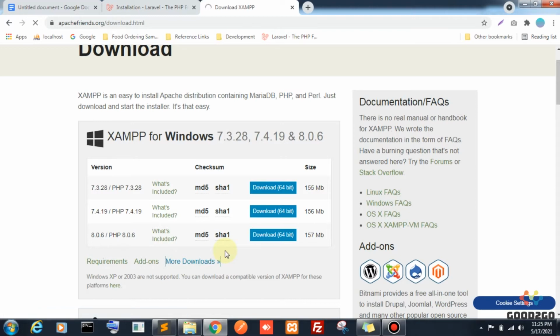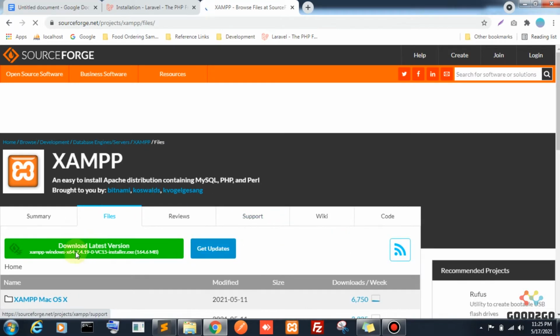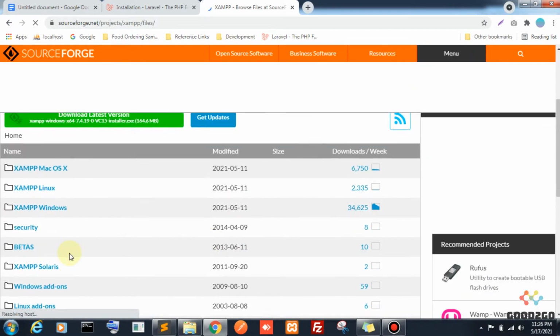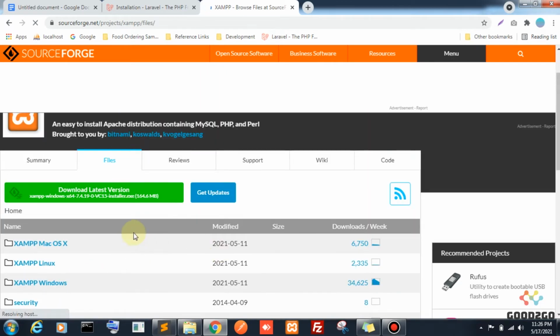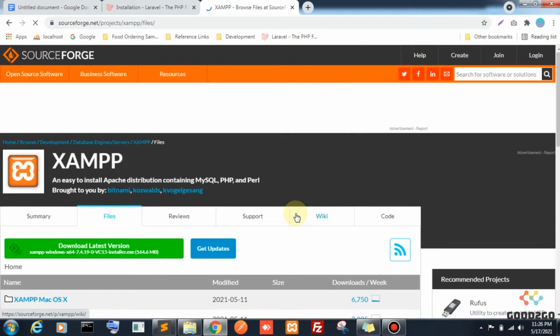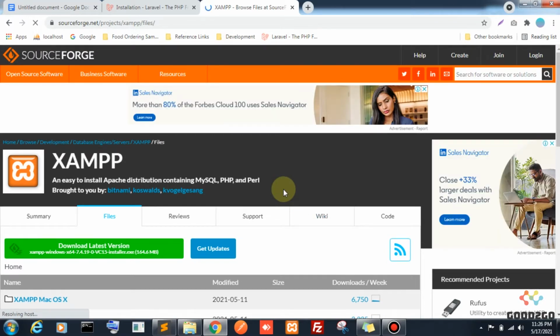If you are using Linux, you can download the Linux XAMPP. Here you can download the latest version, or else you can pick the required version of XAMPP from this section. So this is all about the XAMPP download. Once you download that, an .exe file will be downloaded, and you can install it in your preferred drive.